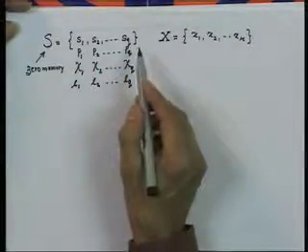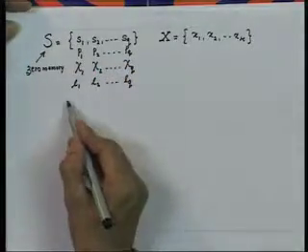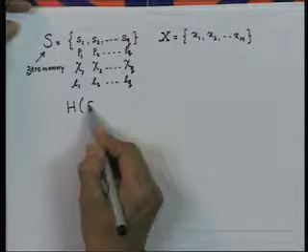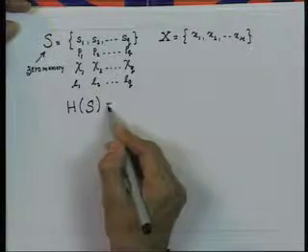Now, for this zero memory source, we know that the entropy of the source is given by